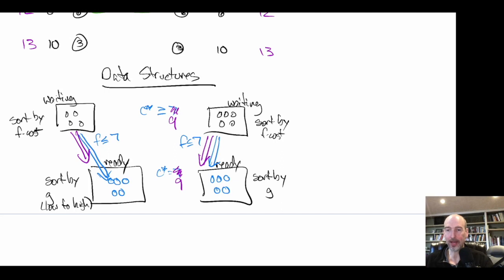As the estimate goes up, eventually it reaches C star, and when it reaches C star, the states will come off of the waiting list onto ready, and we'll then be able to expand them. We'll find them on the ready list and be able to find the optimal solution there. Okay, and